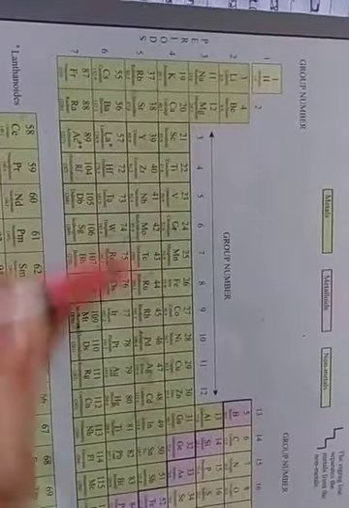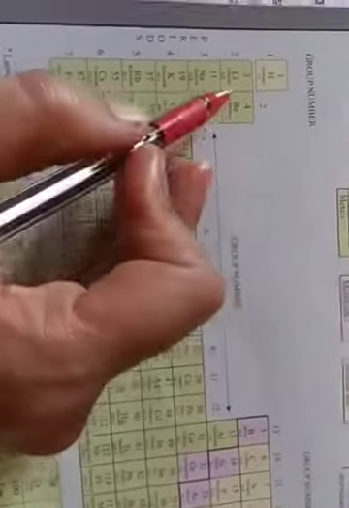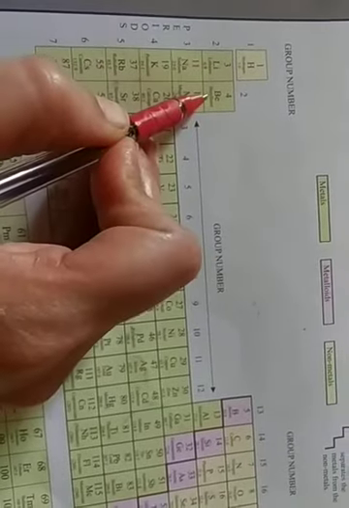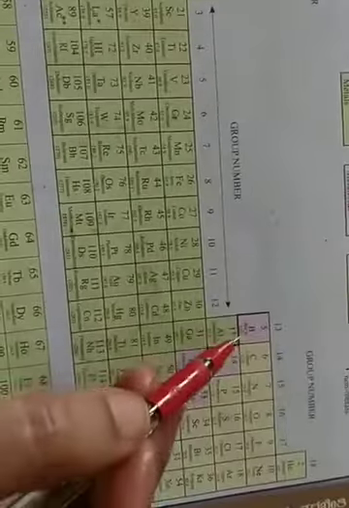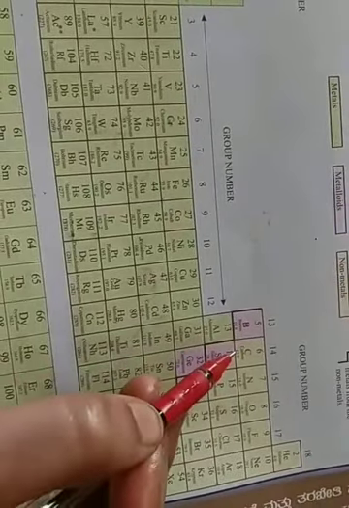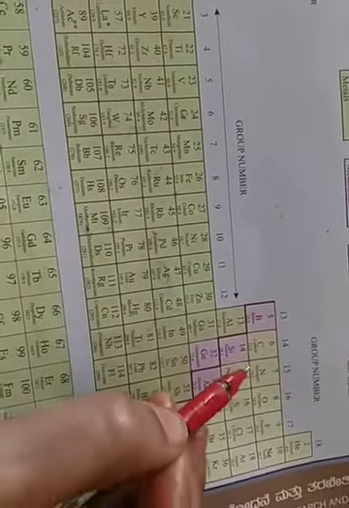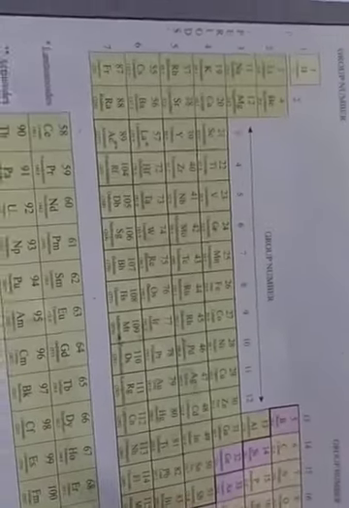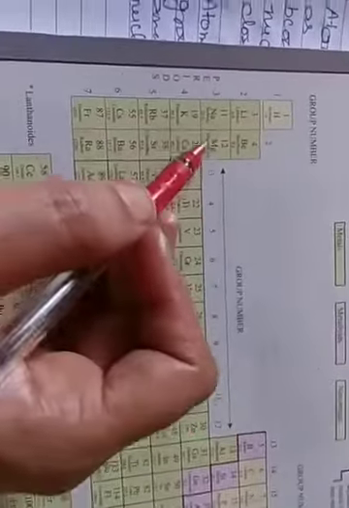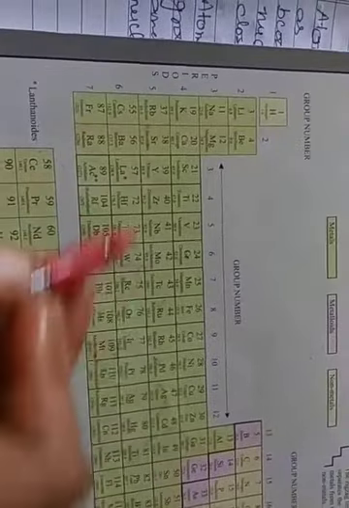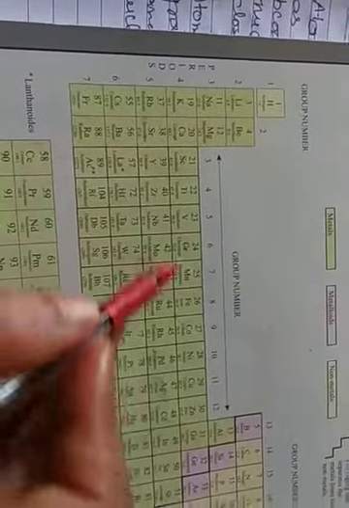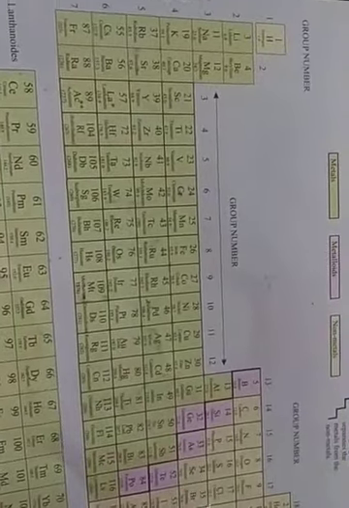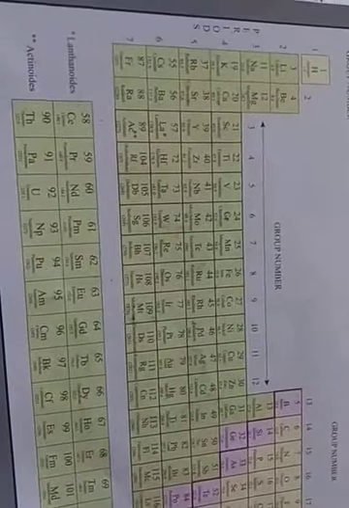Valency of elements increases from 1 to 4. We know that the first group has +1 valency, the second group +2 valency, then +3 valency, +4 valency. Then it decreases: -3, -2, -1, 0. So on moving from left to right in each period, valency of elements increases from 1 to 4, then decreases to 0.